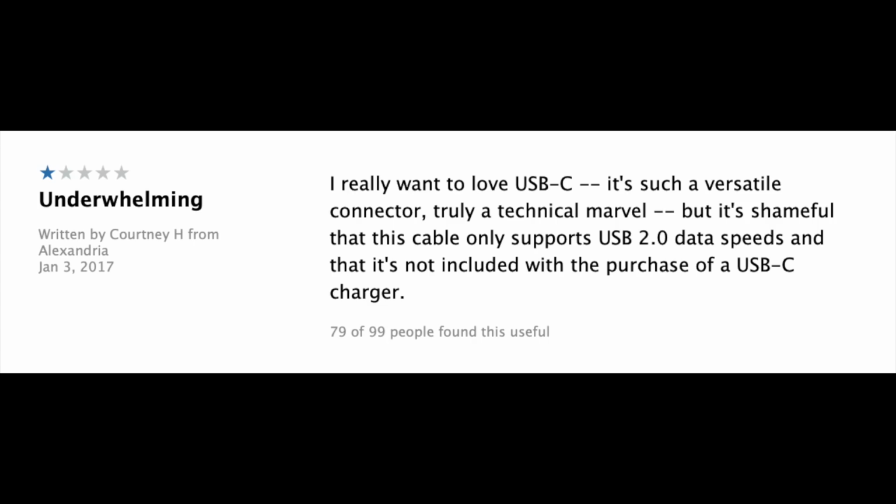This review left on the same USB-C cable I mentioned earlier said, "I really want to love USB-C. It's such a versatile connector, truly a technical marvel. But it's shameful that this cable only supports USB 2.0 data speeds and that it's not included with the purchase of a USB-C charger." This review is very helpful to customers since it details the product's limitations, something that Apple